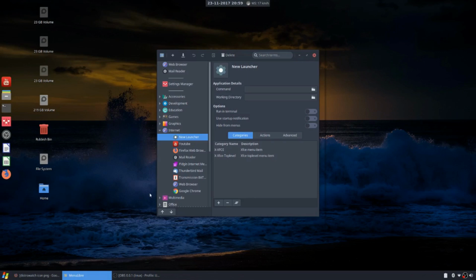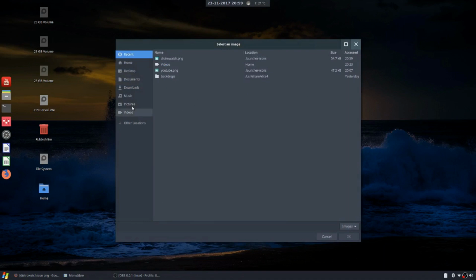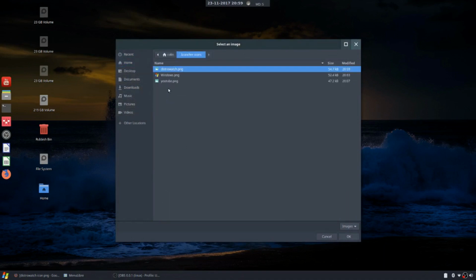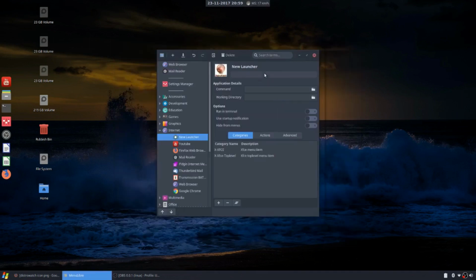Let's go to browse files, home folder, launcher icons, distro watch. It's new launcher, distro watch. And the command is Firefox